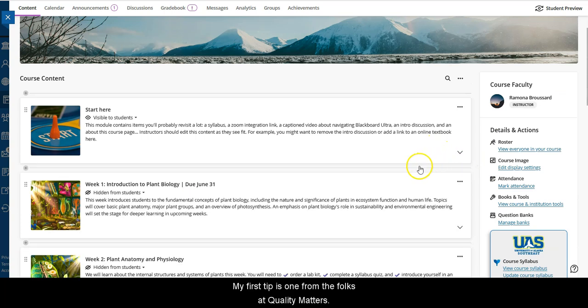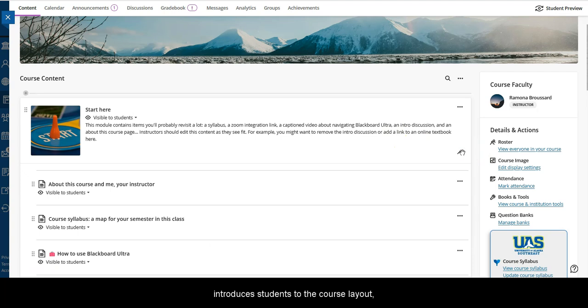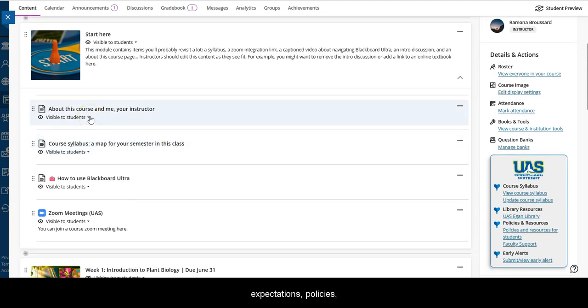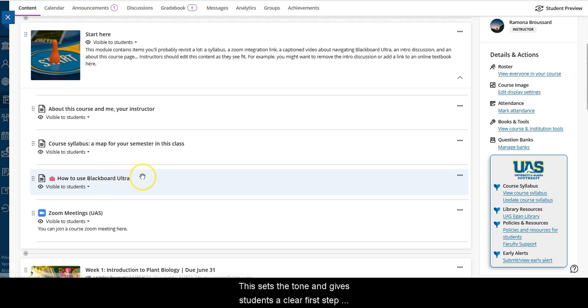My first tip is one from the folks at Quality Matters. Always have a container called Start Here that introduces students to the course layout, expectations, policies, and how to get help. This sets the tone and gives students a clear first step, which can reduce confusion and help them feel more